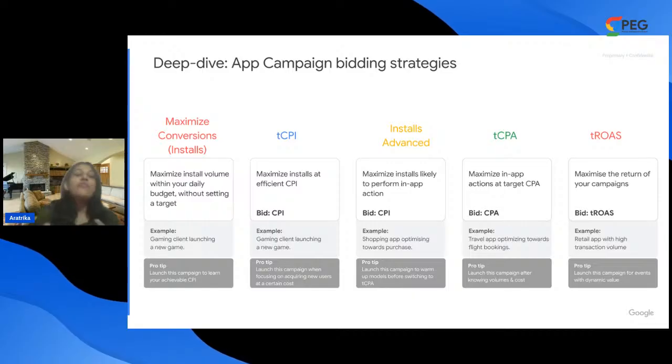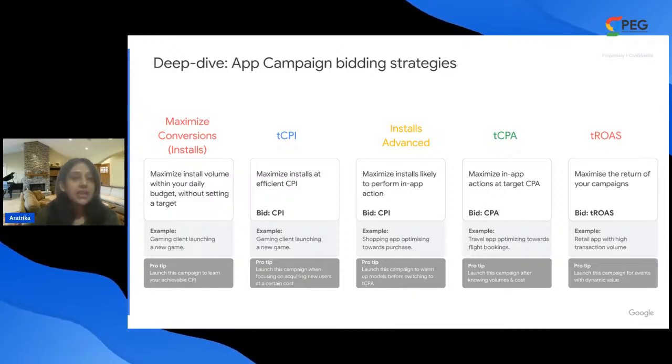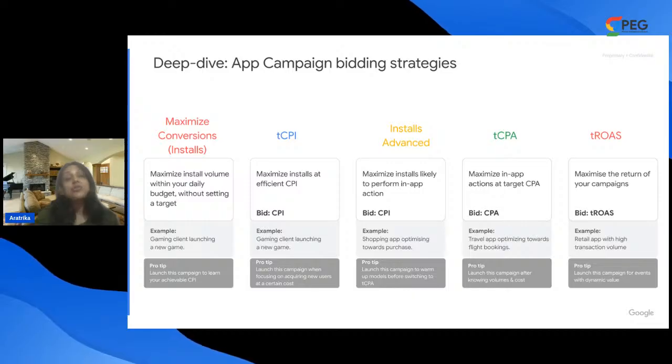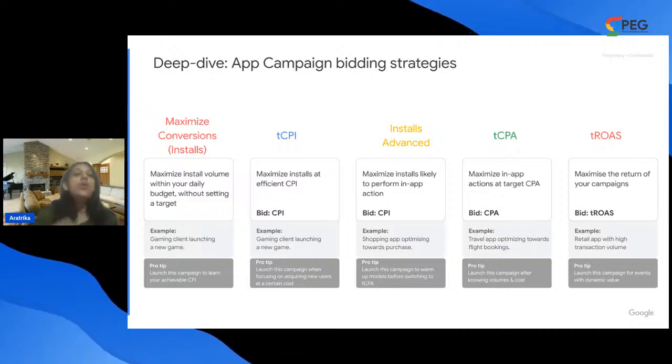Now, if I am setting up a campaign which is completely new, and I have just created the campaign, it has not performed for a certain time, there is not enough data imbibed into the campaign, I cannot directly apply, I mean, rather, I should say it makes no sense to directly apply a TCPA because the system is not even aware of what the right kind of target cost per acquisition should be in this case. Hence, when you're starting off with a campaign, it is better to start off with maximize conversion and then subsequently